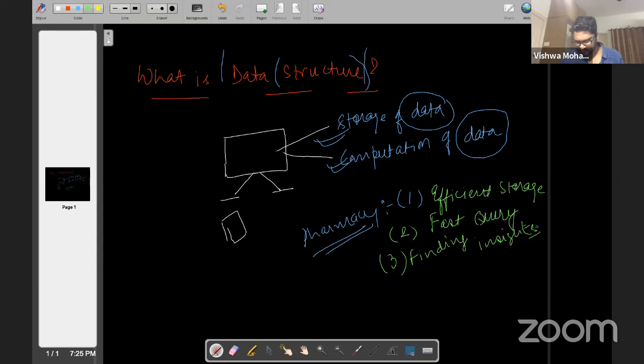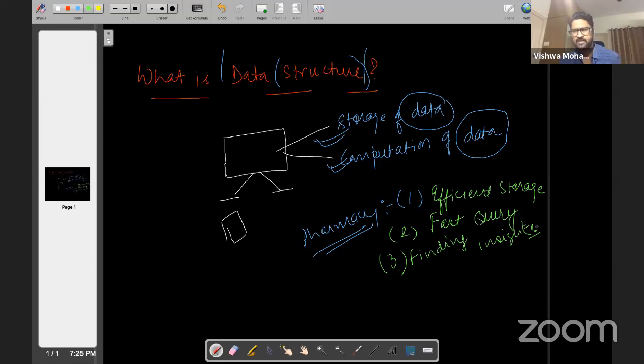Okay, I'll pick one question. This question is: how important is the knowledge of data structures to become a software development engineer? As I've already mentioned, it should be clear that at the center of any industry these days, whether it's a startup or a big or small scale company, they all are moving towards data driven decisions. And they can only take these decisions well if they know how to play with this data.